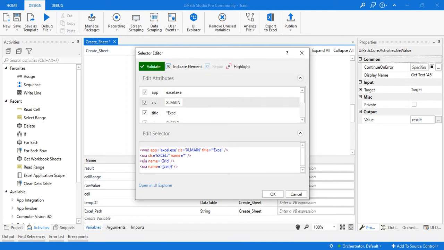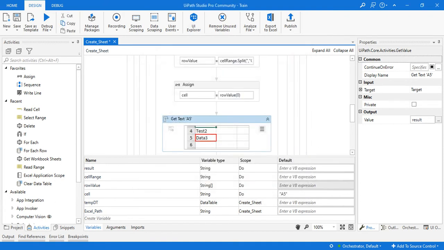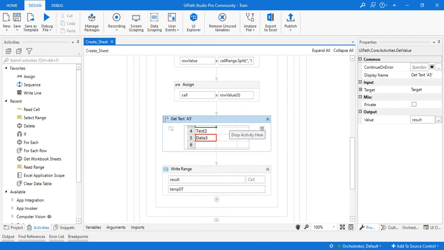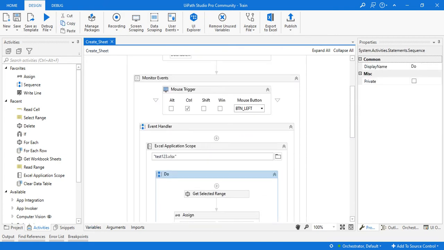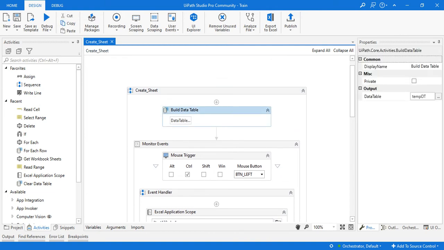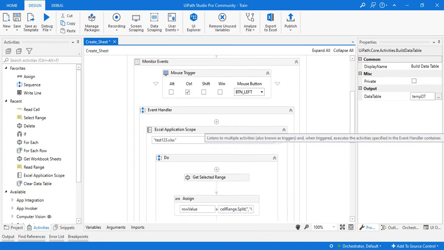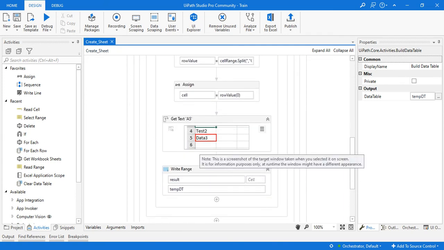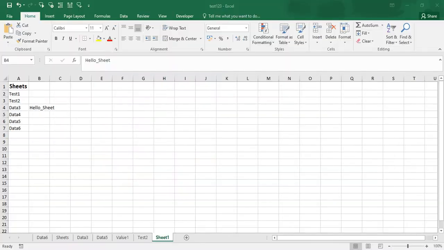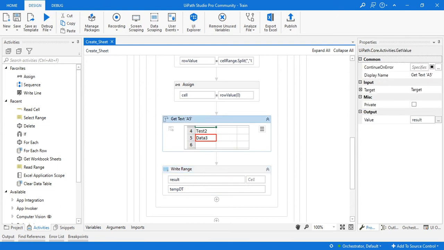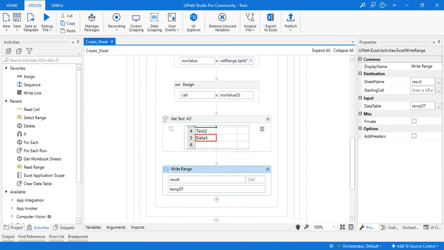No, right, we will be able to do it. And if I need to remove that one, I have created one empty data table here, temp dt, which does not have any values. I just created some empty spaces, and based upon this, we are getting the result value, what is present in the sheet. So based on this we are going to specify the result would be the sheet name, and the result is the sheet cell value, and we are going to use temp dt.